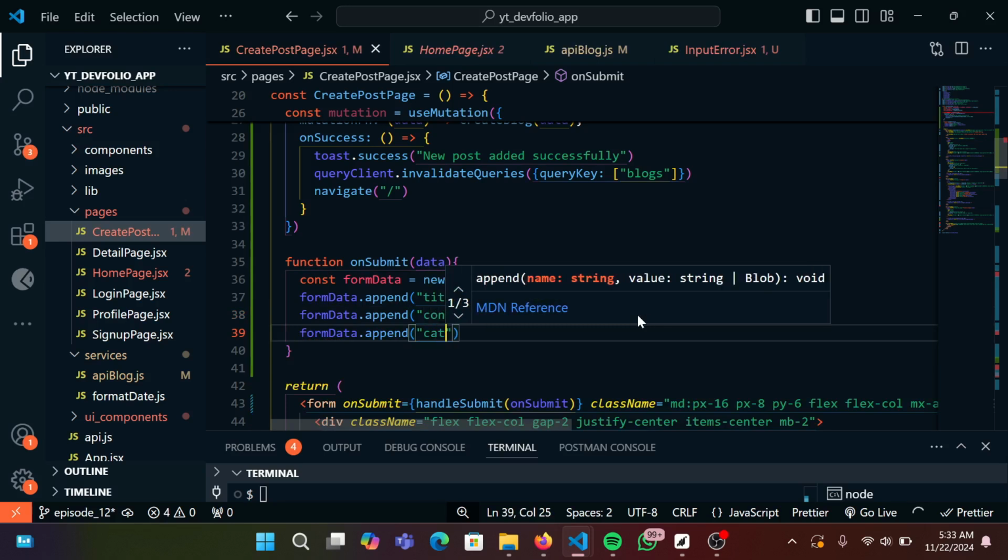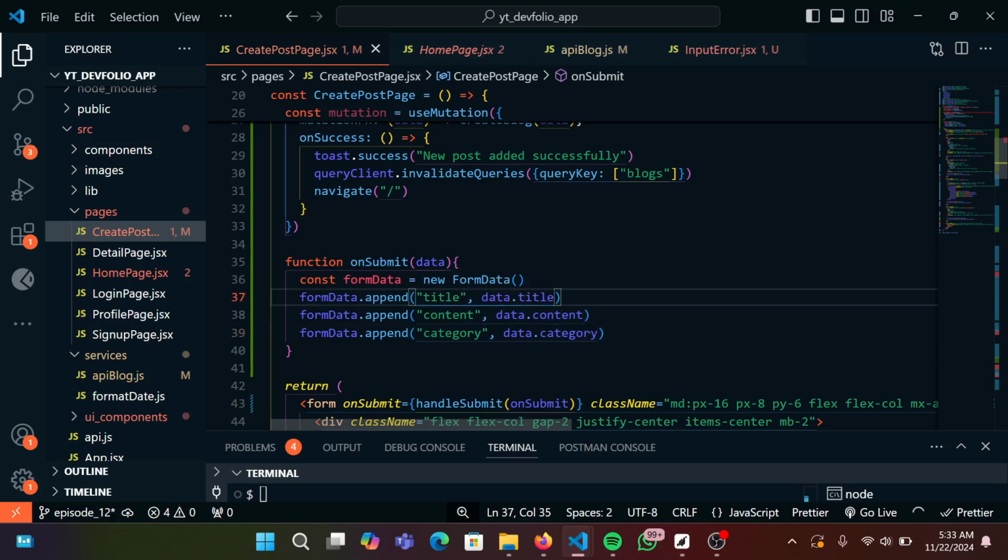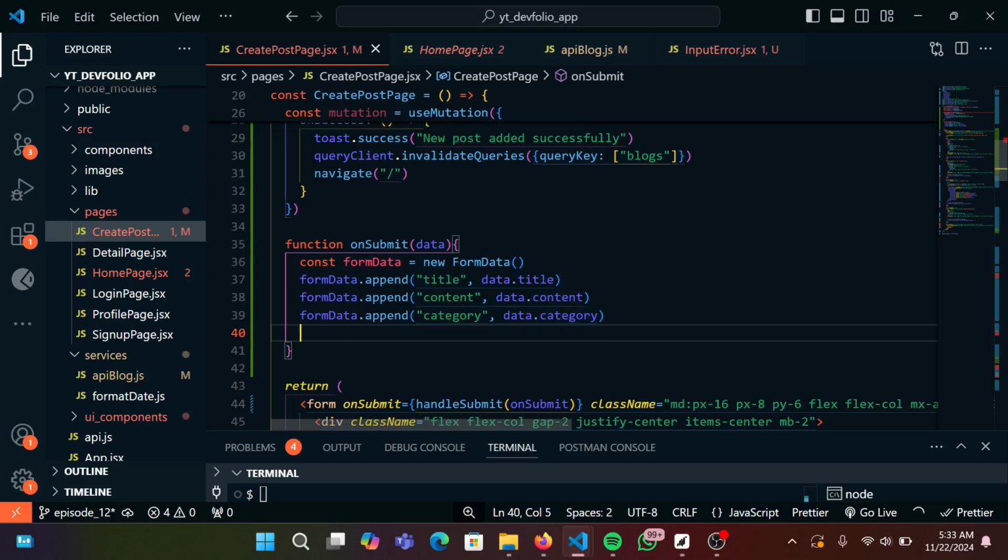I'm going to say category. We're going to say data.category. And lastly, you want to also append the featured image. Before we can append the featured image, you must make sure the data has a featured image, right? So we're going to say if